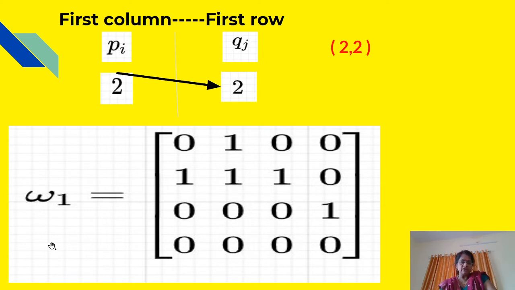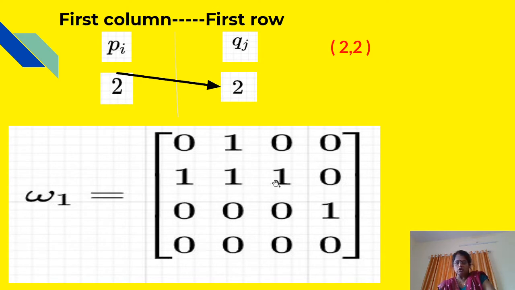Now, when we write W2, we will take all the ones which are in W1 as they are. That is 1, 2, 3, 4, 5. These 5 ones will be as they are in W2, and some more ones may be added. For that, we will consider the second row and second column. First, we will consider the second column. In the second column, there are ones in the first and second positions.